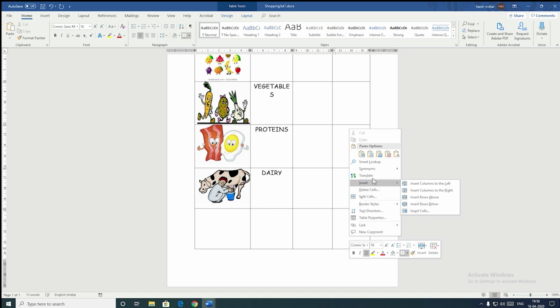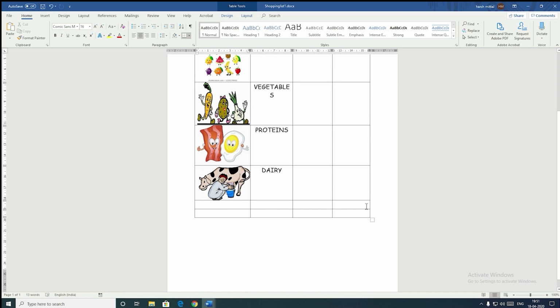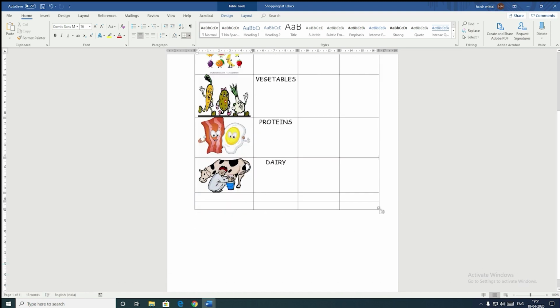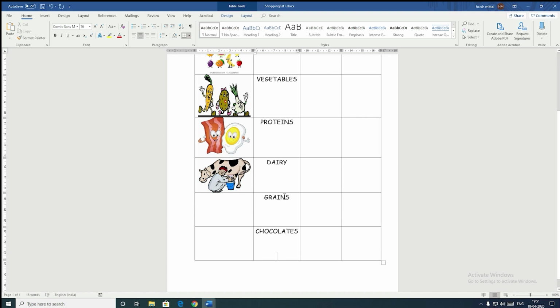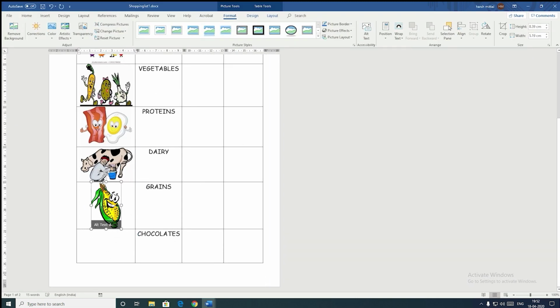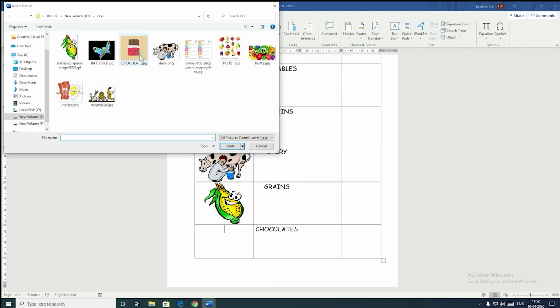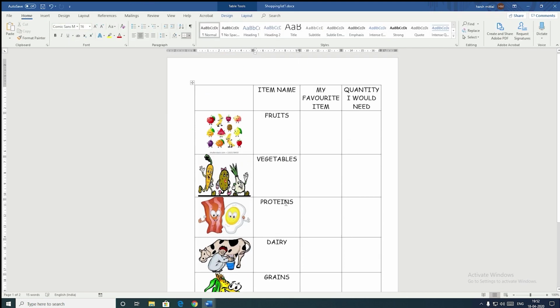So again insert. Right. Now, so we have got all the pictures.